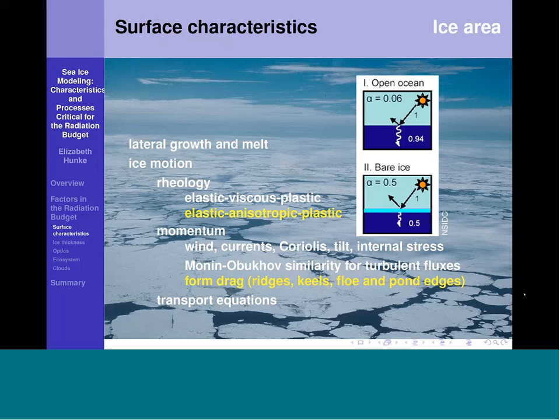Recent improvements to the ice dynamics have been contributed by Danny Feltham's group at the University of Reading in the UK. They implemented an anisotropic rheology for the model, which assumes that when the ice fractures, it does so in preferred directions. They also implemented form drag into the model, which alters the drag coefficients based on the roughness of the ice. So instead of using constant drag coefficients everywhere, the drag coefficients depend on the ridges and keels of deformed ice and also on the ice edges. There's a floe size assumption based on the ice concentration, and melt ponds also have edges that contribute to the ice roughness and alter the drag coefficients.